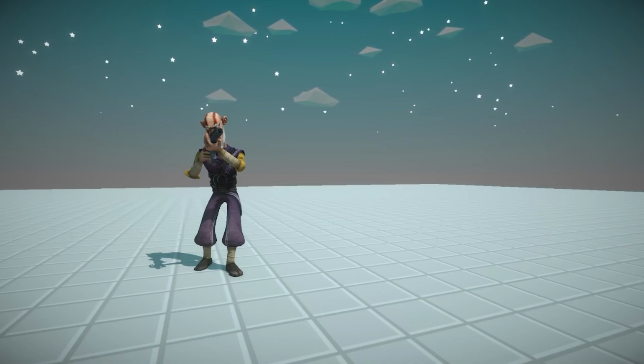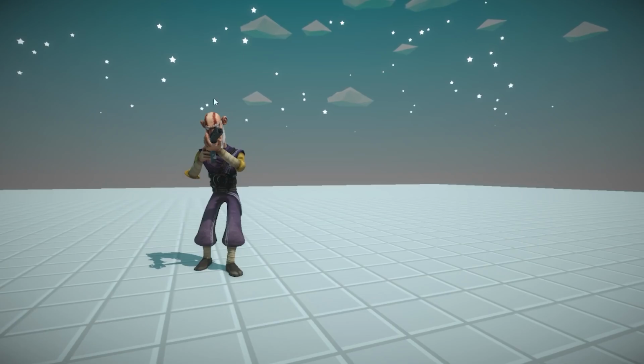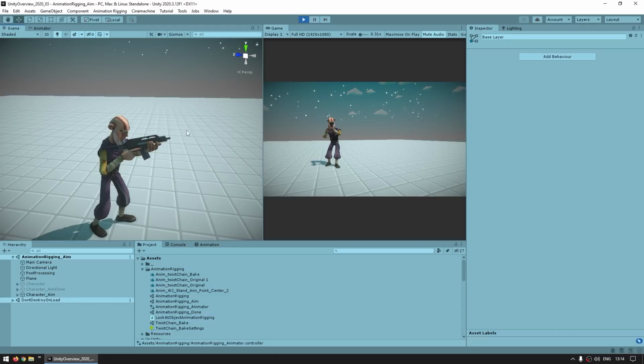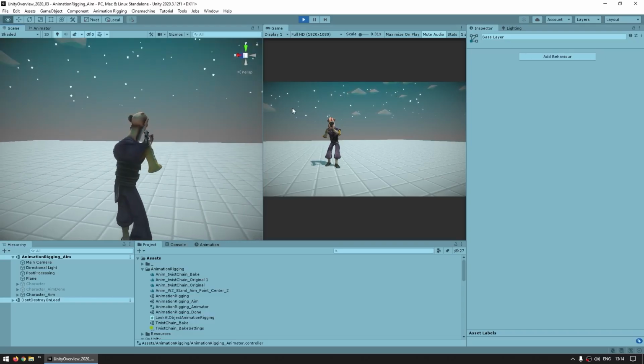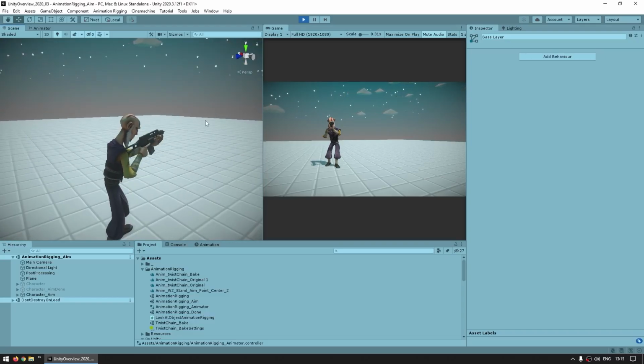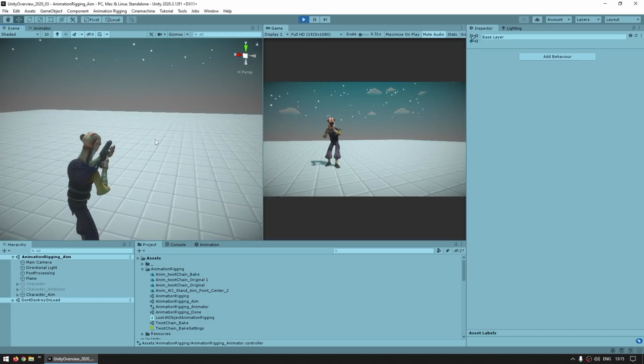Okay, and now let's build one final common example. We want to make a weapon aim perfectly at a target. Over here is my character with a simple aim animation. As you can see, the aim is fixed, so the character is just aiming forward. Now that's not very good. You want the character to be aiming at an exact position, not just a generic forward. So let's say if the target was down here on the floor, you wouldn't want it to be aiming in that direction. So once again, we can use animation rigging to take this basic static animation and make it aim